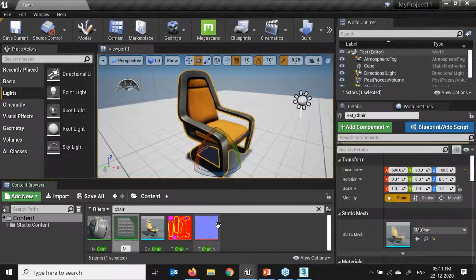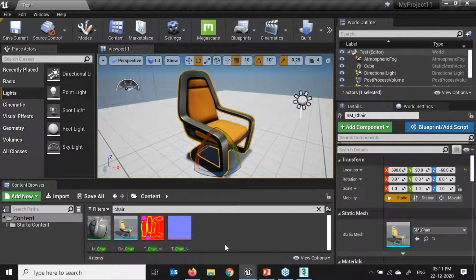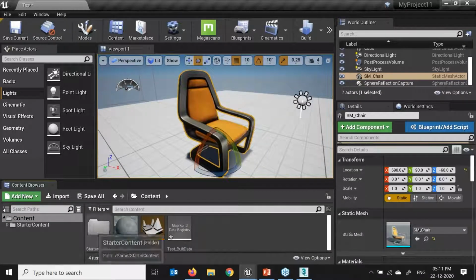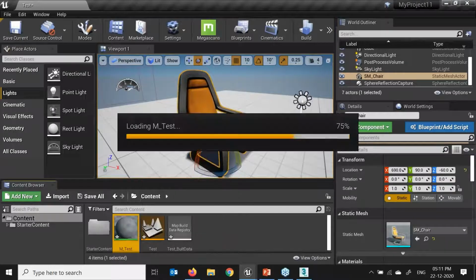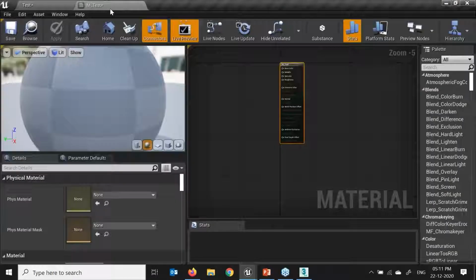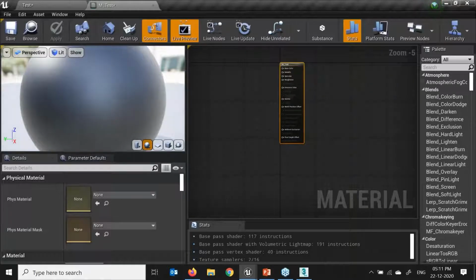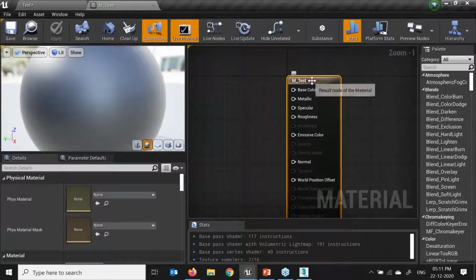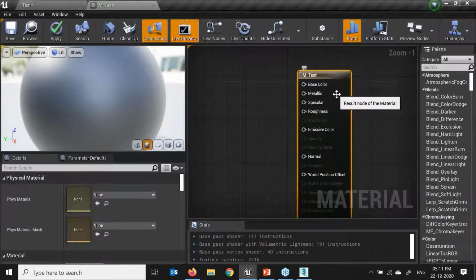I'll say M underscore test, enter. I'll just remove this chair from this M test. If I double click over here, you will see, I'll just drag the scene over here. Now here you will see this has become very simple in the material. See, in Unreal, it works on physically based materials, right?